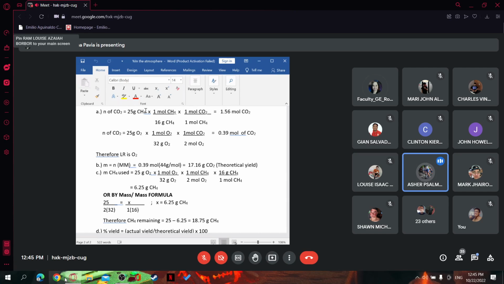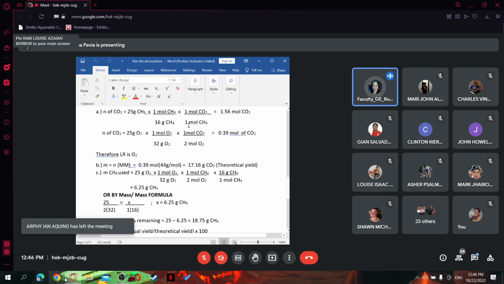Ma'am, bali po kung ano po yung mababa, ayun po yung limiting. Oh, yun yung limiting kasi hanggang doon lang ang kaya niya. Ubos na siya eh. Paano pa mag-progress ang reaction kung ubos na siya? So, you need more oxygen para makapag-produce ng 1.56 mole of CO2. Okay? Now,